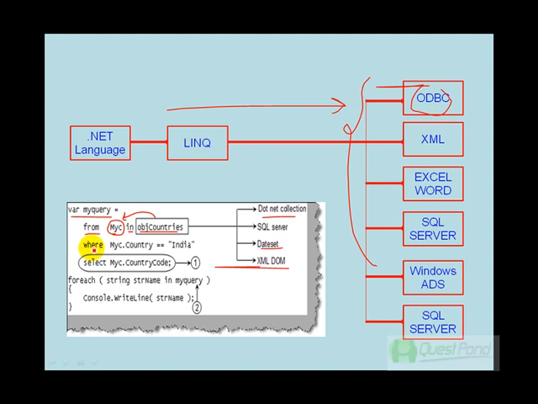And then once we get the data into MYC, this temporary variable, I can say, okay, where my c.country is equal to India, and then select the country code column from that, and then just loop through all the things and display it. So you can see that this query is very much generic. It's firing over any kind of collection, any kind of data source, any kind of data type. So that's what LINQ is, from the perspective of writing SQL.